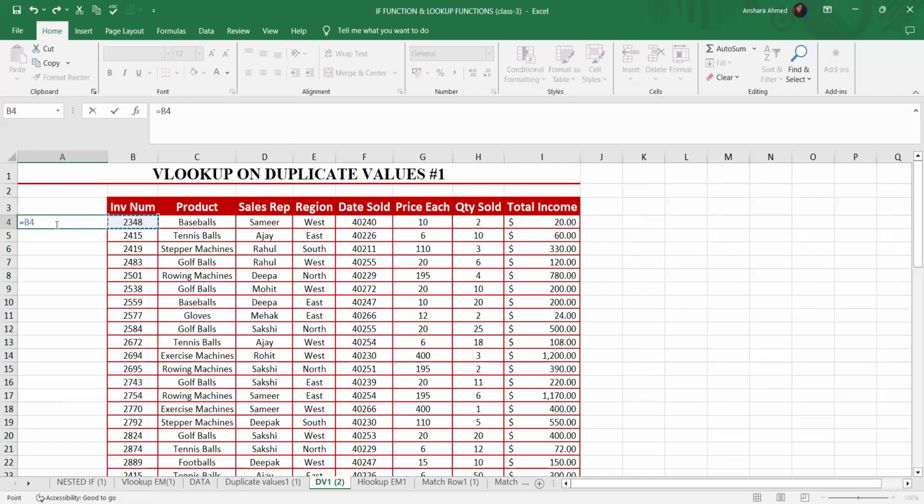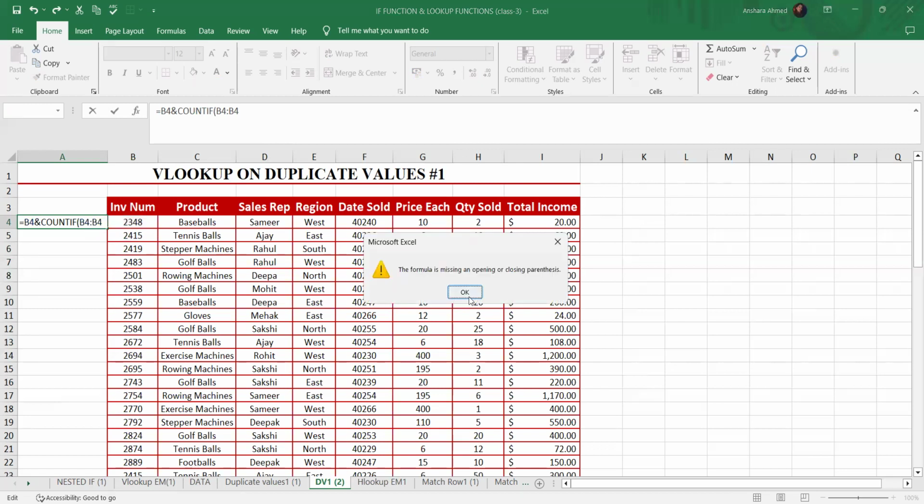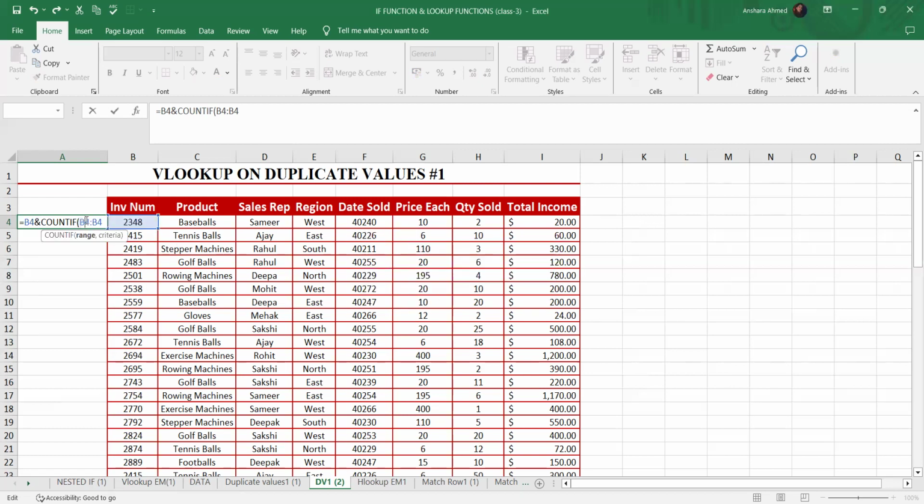Is equal to, first I'll select this and put an & sign. Then I'll open the COUNTIF function tab. I'll select this with the range, okay, and I'll freeze the first cell because I don't want this range to be moved, right? So I'll freeze this, comma, and my range will be this B4, right? And I'll close the bracket,